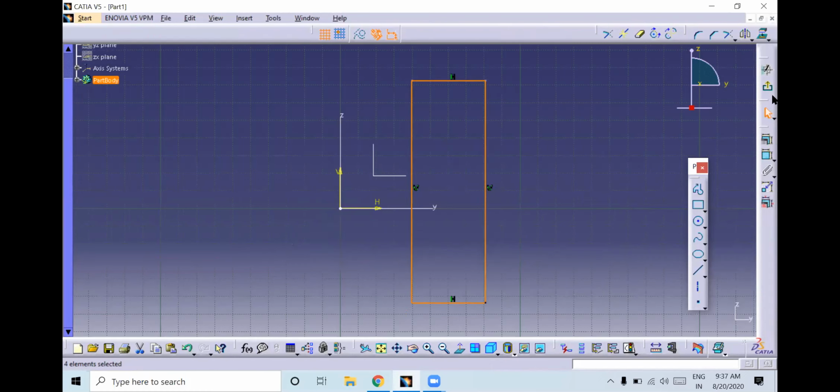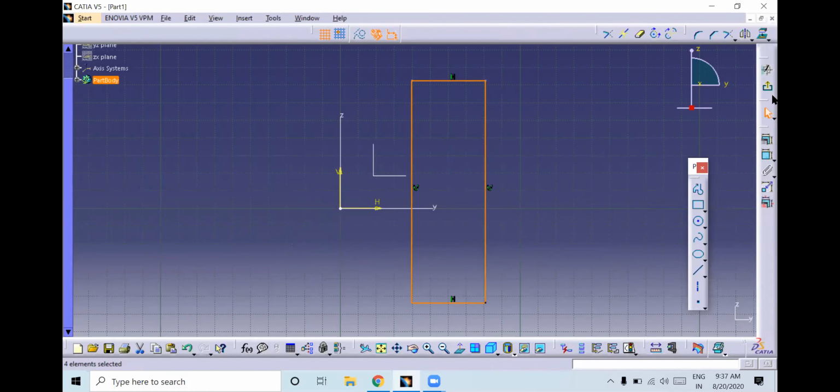Next, see here it has been rotated from 0 to 360 degrees. If you want to give 0 to 270 degrees, you can give it. If you press enter, it will exit. Again, if you want to edit, double click it. Next we have thin profile.